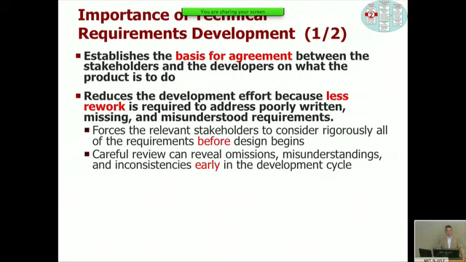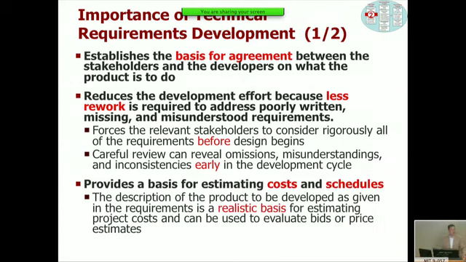By writing good technical requirements, you can reduce the development effort because of less rework. So a lot of rework and iterations and confusion is based on missing or poorly written requirements, right? And writing those early and before the design begins is helpful. A requirement set is also a basis for cost and schedule estimates. And so some of these missions that overran, do you remember I showed you this chart last time? We analyzed 40 missions, Earth and space science missions. Like 20% of them were responsible for 80% of the overruns. A lot of that had to do with unrealistic goals or expectations and requirements.